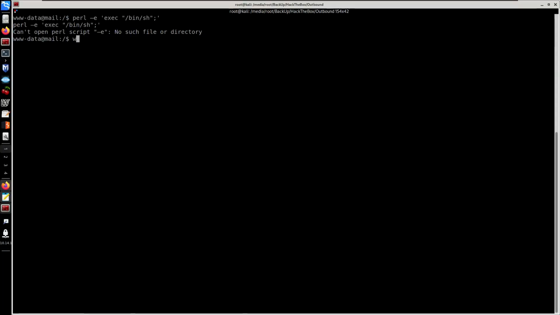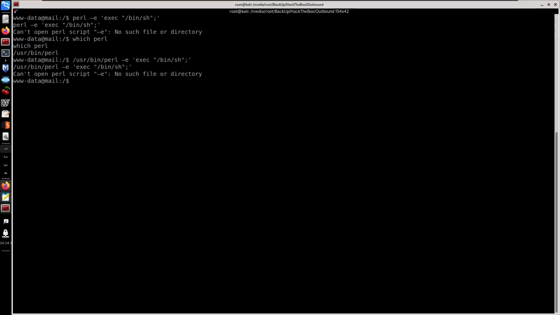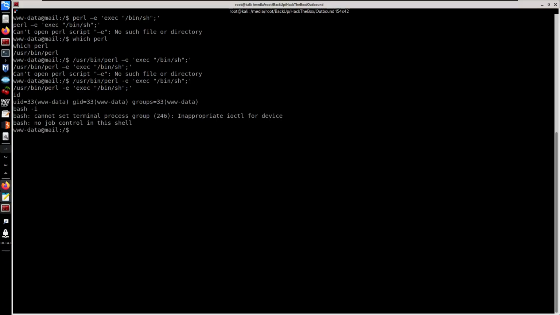We don't have Python, but we do have Perl, /usr/bin/perl. I think because of this option, Perl, if we do a bash -i, and try to connect one more time,